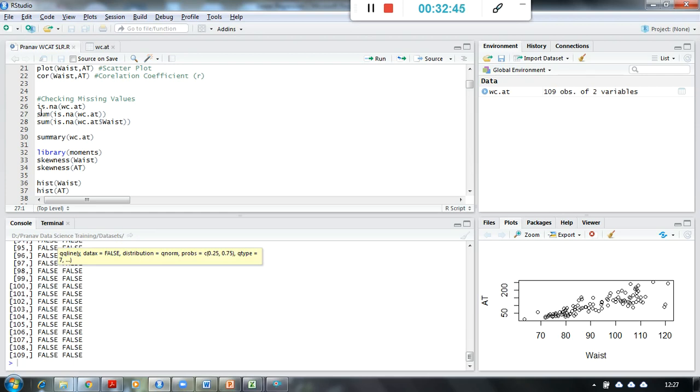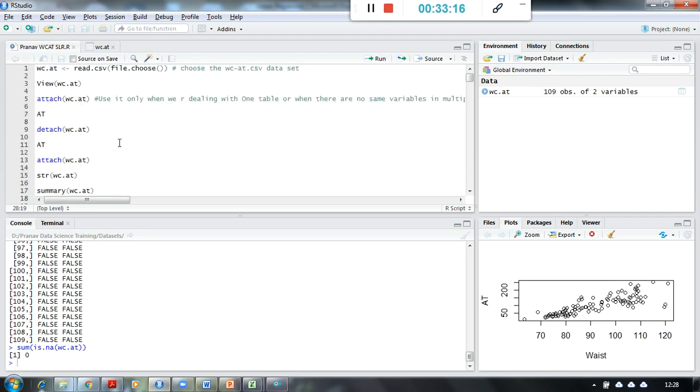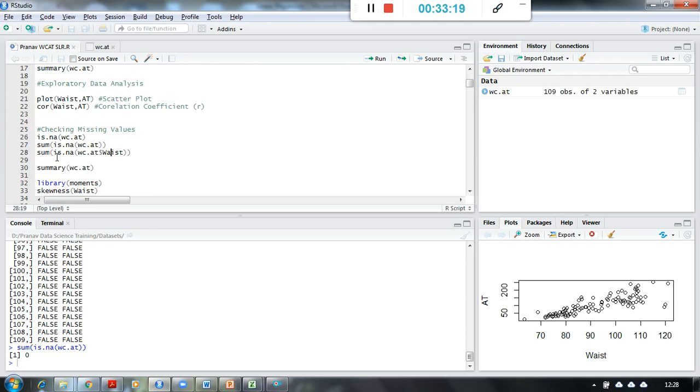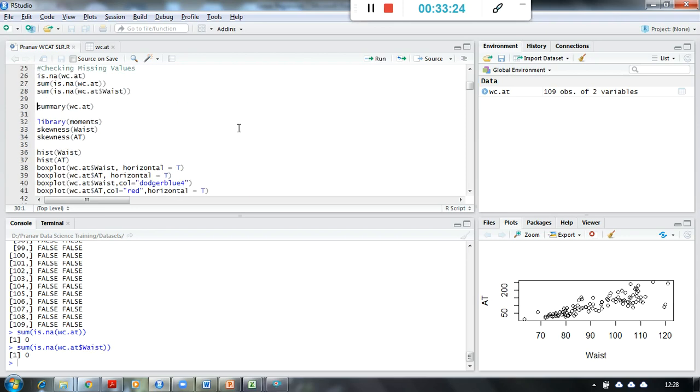So what we can do is simply use sum before this. It is going to give me the summation of all the missing values, the number of missing values within the data. So it is 0. There are 0 missing values in this particular data given to me. If there are 10, 15, 20 columns and I want to check a particular column, I can simply use it like this, WC80$west. But today we have attached the data set, so I can directly access the west column over here. We can perform this as well if required.